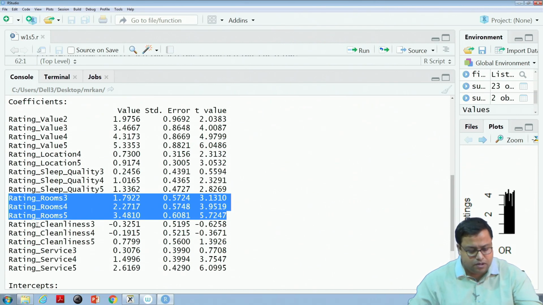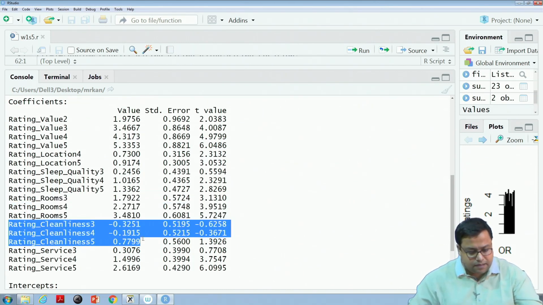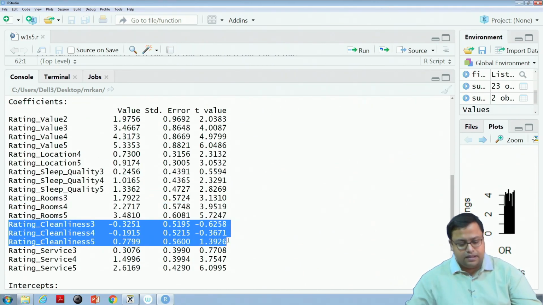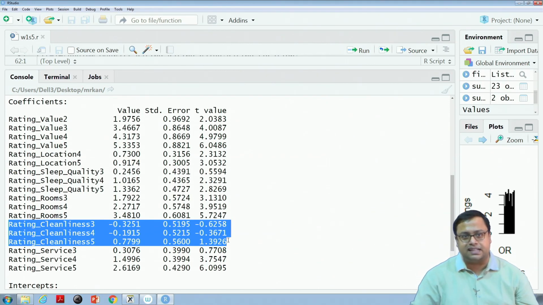of 3.4. Here something is very interesting: if you increase cleanliness from 2 to 3 and 2 to 4, it is showing that your overall rating will drop. Actually, your overall rating does not drop because your t values are very low.